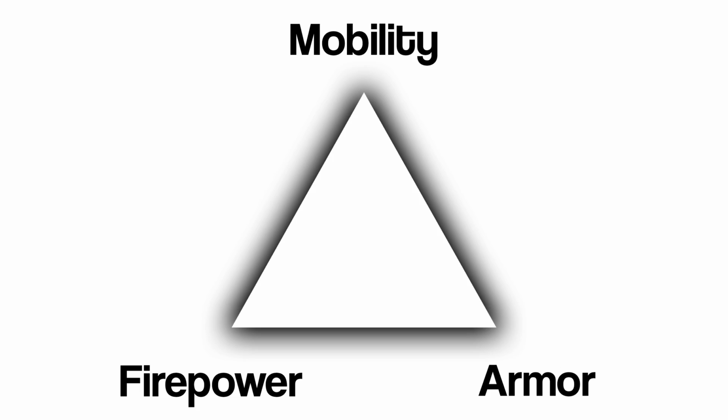The first concept I'm going over is the iron triangle, and this is something that applies to real world tanks as well. Basically, the idea is we have this triangle here. In one corner we have firepower, in the next we have armor, and the third one we have mobility. The idea is that the more you lean into one of these, the harder it will be to get the